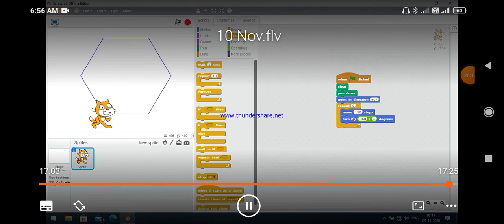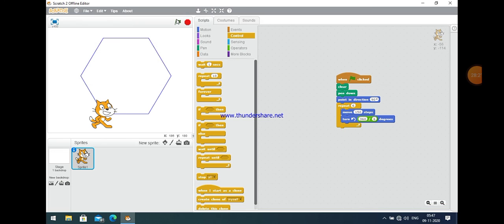So these are some programs which are part of your syllabus and your practical file. First is to create a triangle, second is to write a program in Scratch to create a square, third is to write a program in Scratch to create a rectangle, fourth is to write a program in Scratch to create a pentagon, and fifth is to write a program in Scratch to create a hexagon.